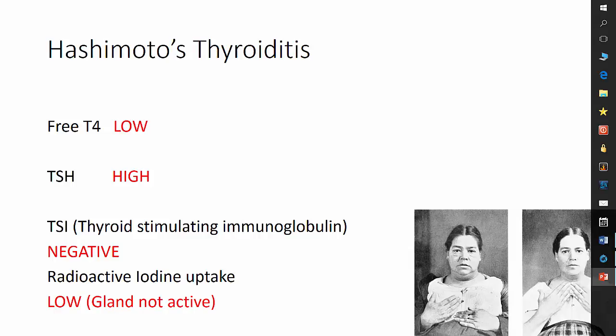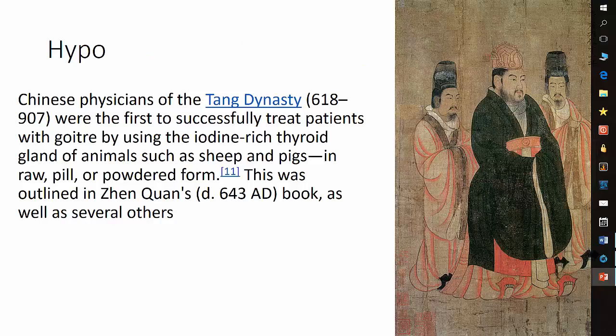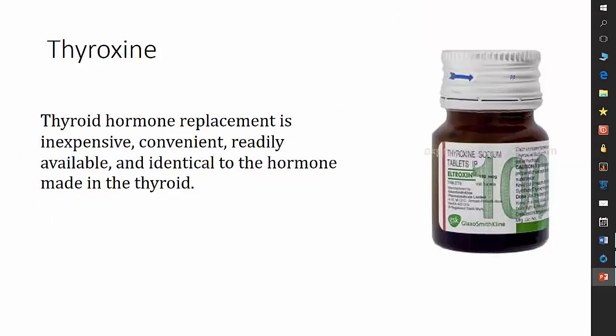Another cause of hypothyroidism is post-treatment. If you destroy someone's thyroid gland with iodine or you remove it surgically, they're going to be hypothyroid. And the treatment here is simply thyroid replacement. Interesting to note that the physicians in the Tang dynasty were treating patients successfully with goiter by using iodine-rich glands from sheep and pigs, or in a pill or powdered form. Today, we use thyroxine, thyroid hormone